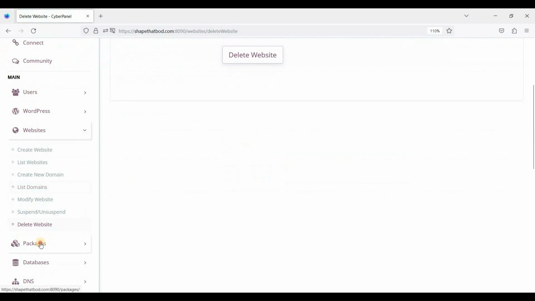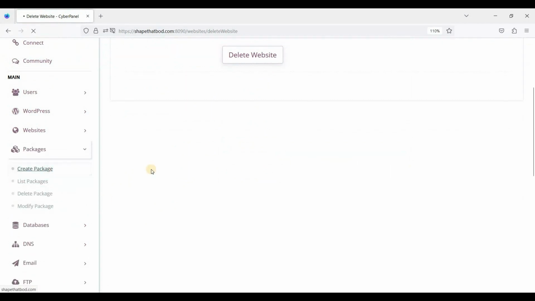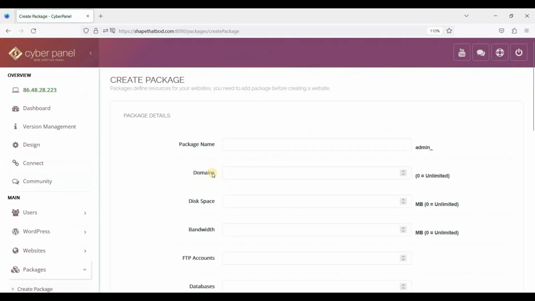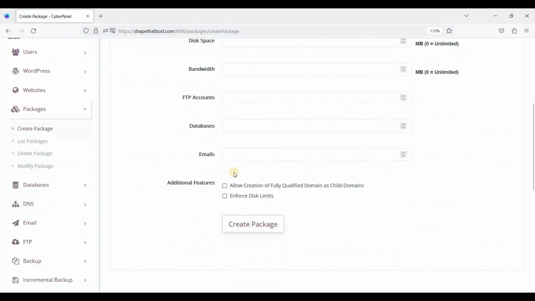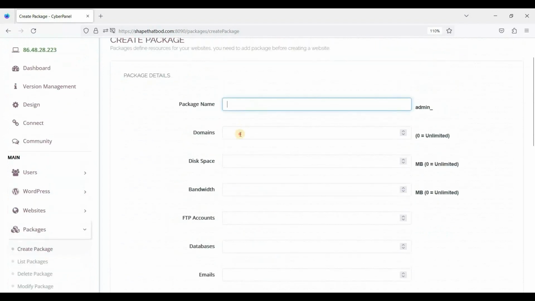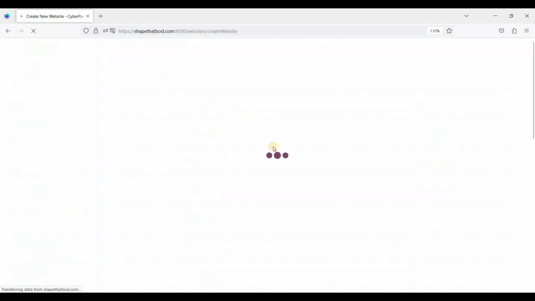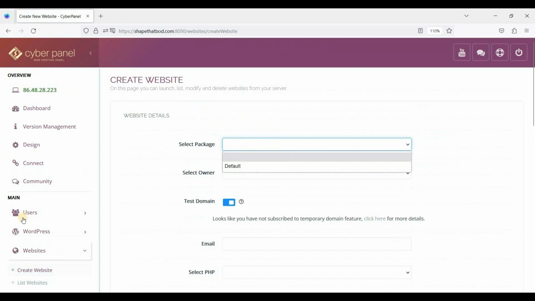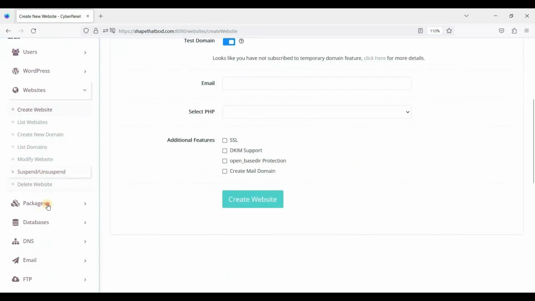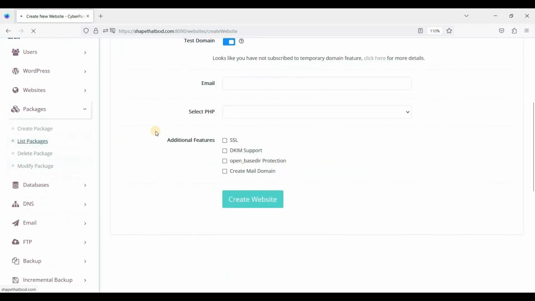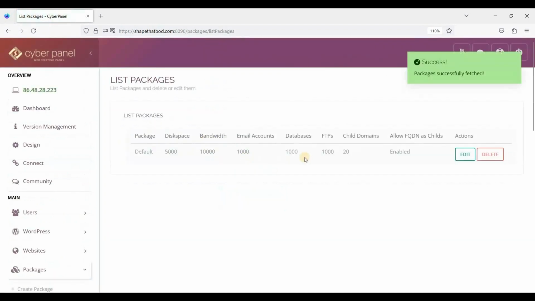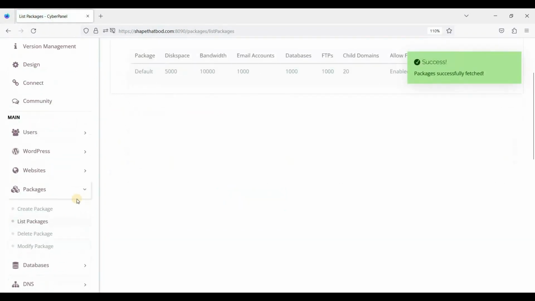Okay. So let's go to package. You can create a package here. This will actually be visible when you create a website. Here, the package is only the default, so you can add one. Here you can see the list of packages. Here is the default. You can also delete a package,